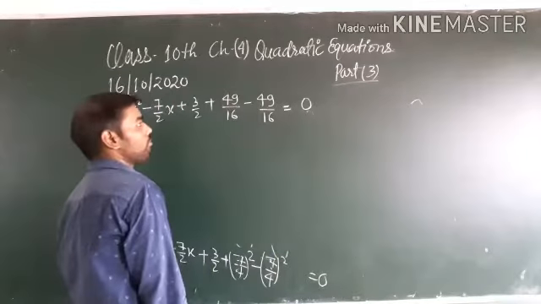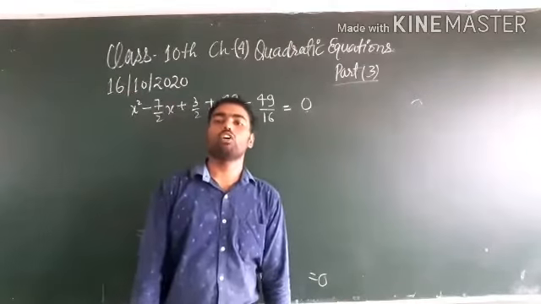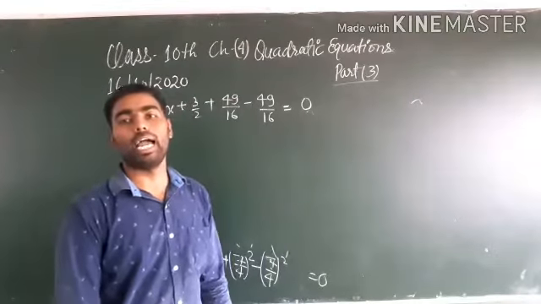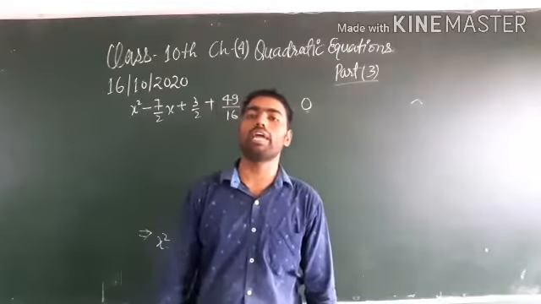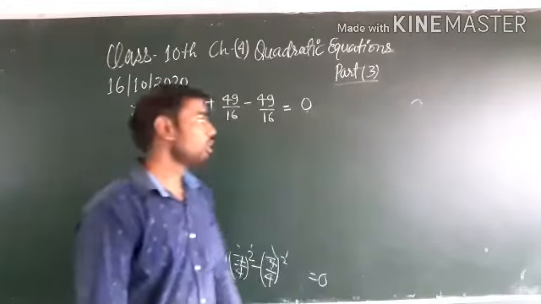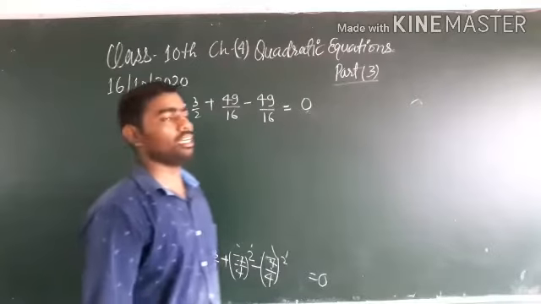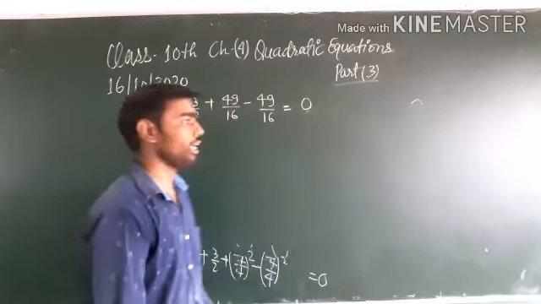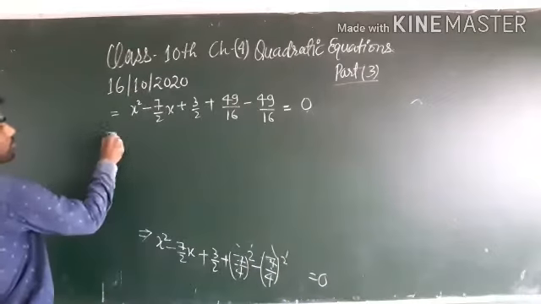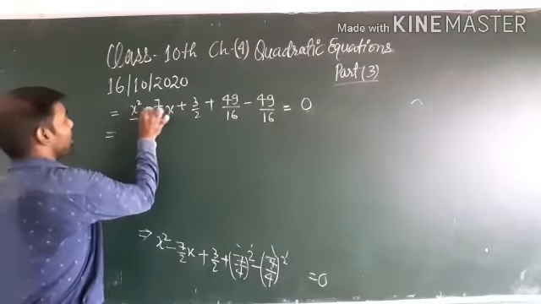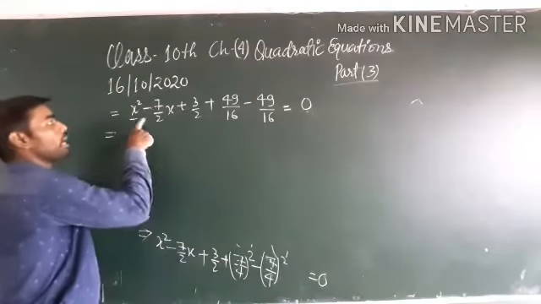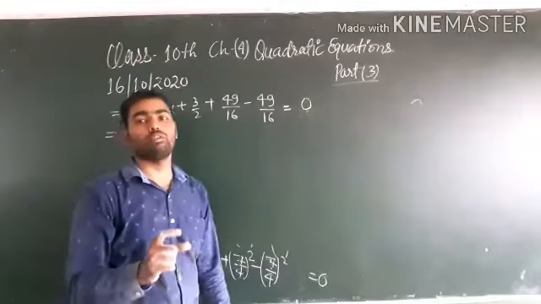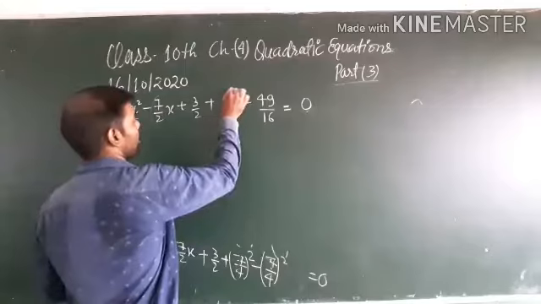Now in the first step, make the coefficient of x square equal to 1, and the second step is add and subtract the coefficient of x upon 2 to the whole square. In the third step, we use the formula a plus b to the whole square and a minus b to the whole square. Here you can see easily x square minus 2 x... this is b. So we take the plus value. It means we take this part.